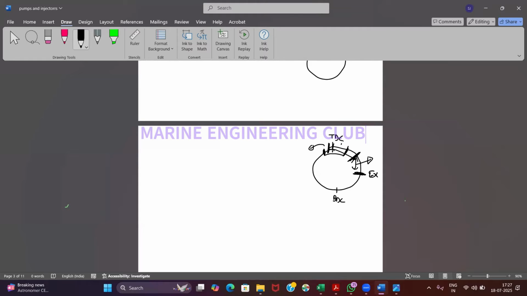Suppose I give too early an injection, then my peak pressure will occur at TDC only. Explosion will happen exactly at TDC, and your bearing will be overloaded. The bearing pin will be like this, on your crank pin. So all the load is coming onto where? It will come on the crank pin. That is why